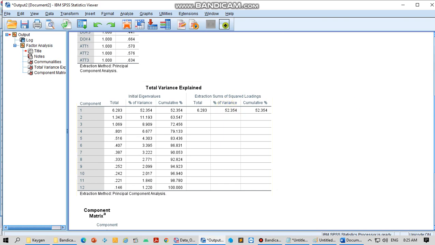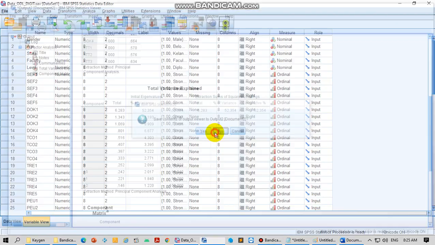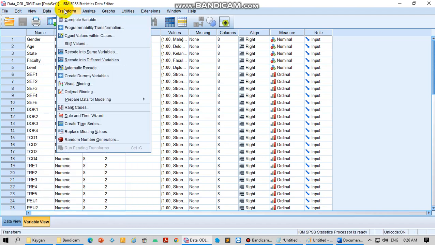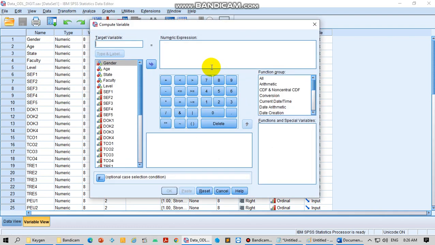Alright, so the next test would be the PSL correlation. In order to do the PSL correlation, you need to combine the variable first, for example, self-efficacy. In order to combine that, go to Transform, select Compute Variable. We put var SEF, for example. Select the circle, and then select SEF1,